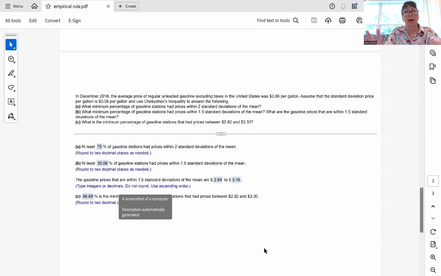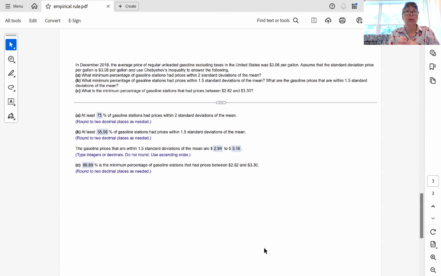Okay, the next one is not a bell-shaped curve. It says in 2018, the average price of regular unleaded gasoline, excluding taxes in the United States, was $3.06. Assume that the standard deviation price per gallon is 8 cents per gallon, and use